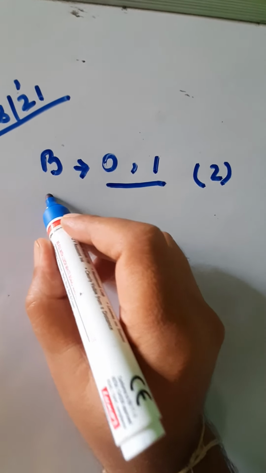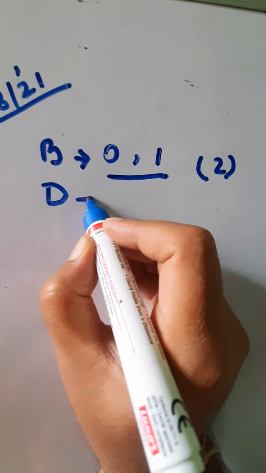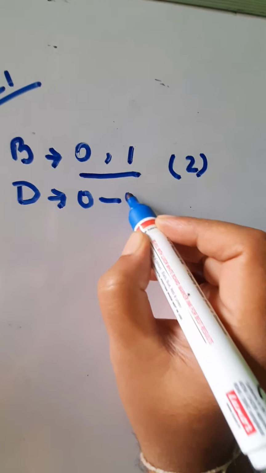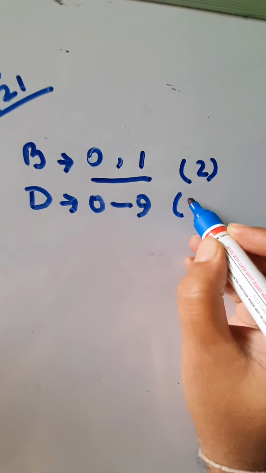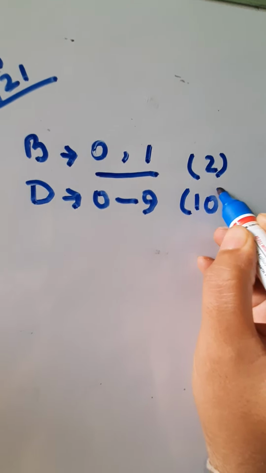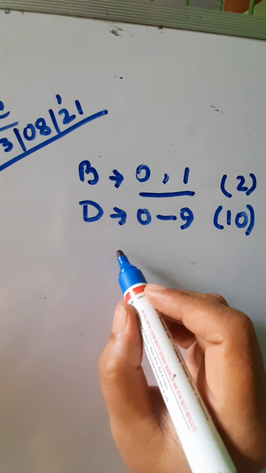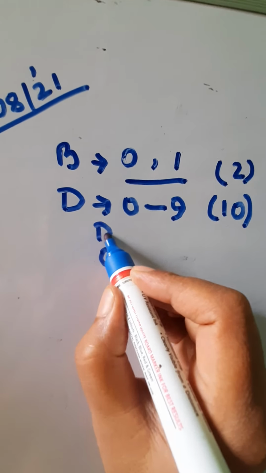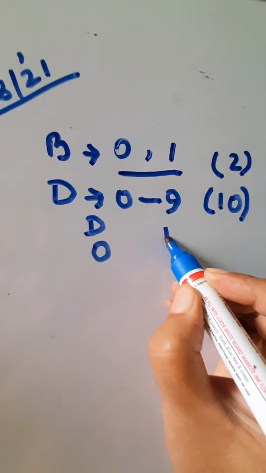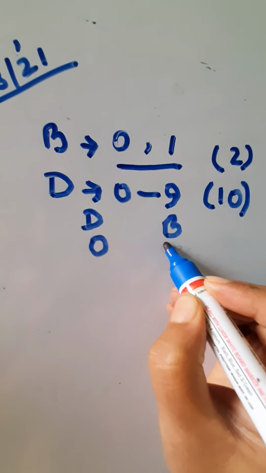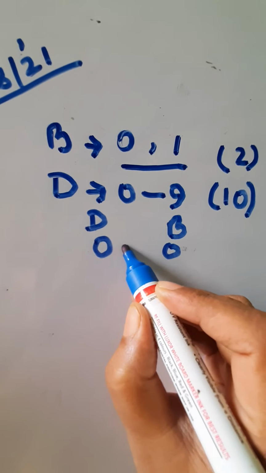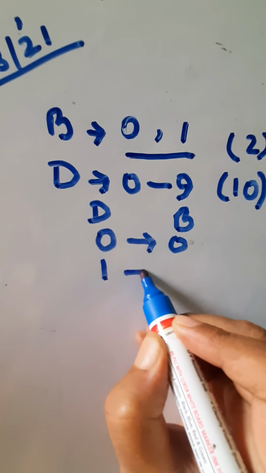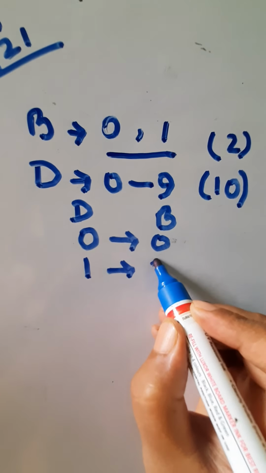In the decimal system, we have 10 different numbers, 0 to 9. So the base of the decimal system is 10. Now the question is, in case of a decimal number, suppose 0, we write the equivalent binary number as 0. It is very clear. The binary equivalent of decimal 0 is 0 and of 1 is 1, because in both systems there are zeros and ones.